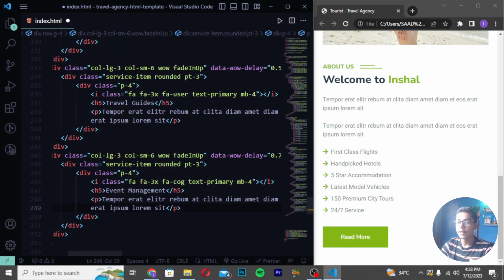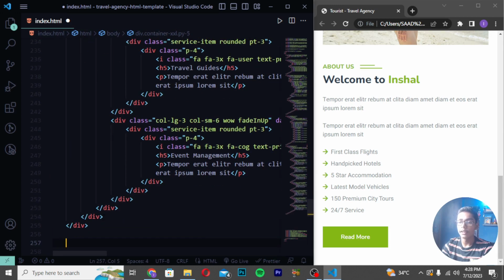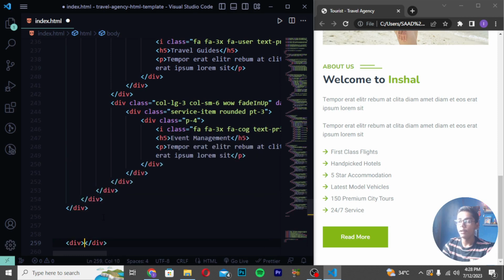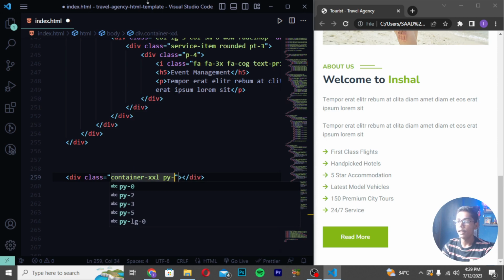So we have created 6 divs here, so I will be writing 1, 2, 3, 4, 5, 6. So these are the divs which we have created, and then you have to now just start the destination section here, which we will be now creating. So here you have to now create the class of container-xxl, write here p-5 and write destination like